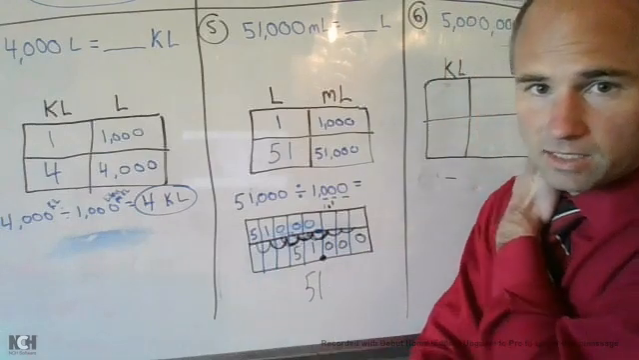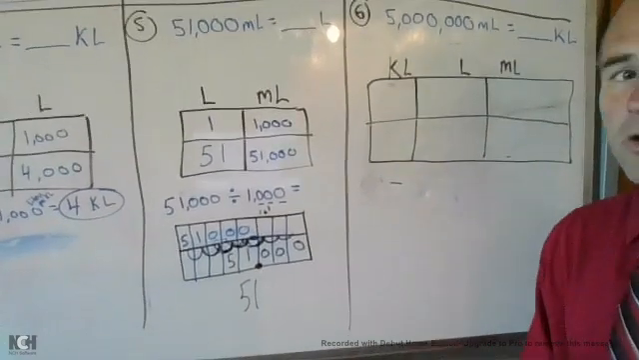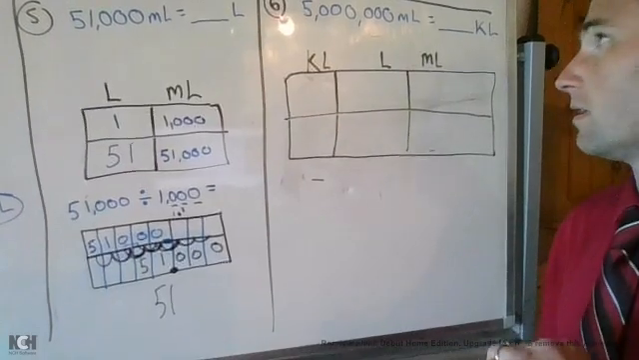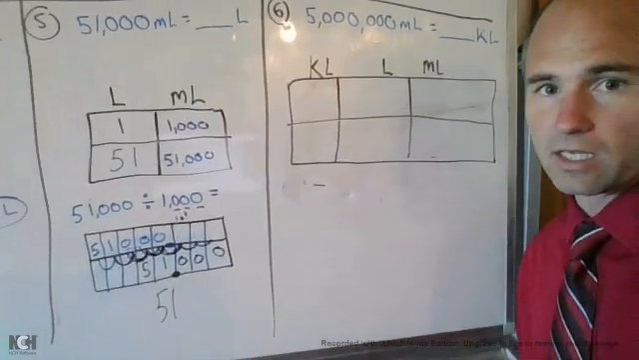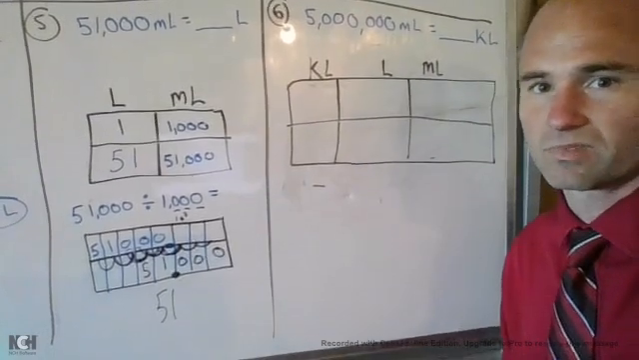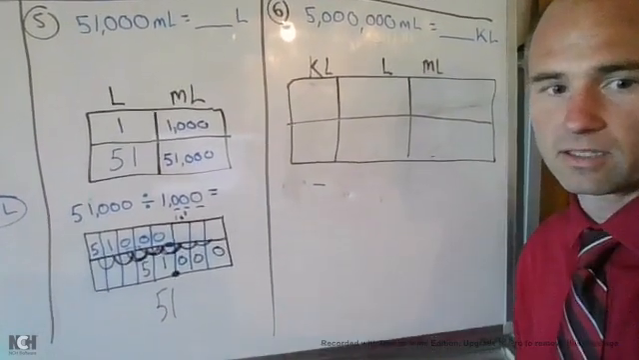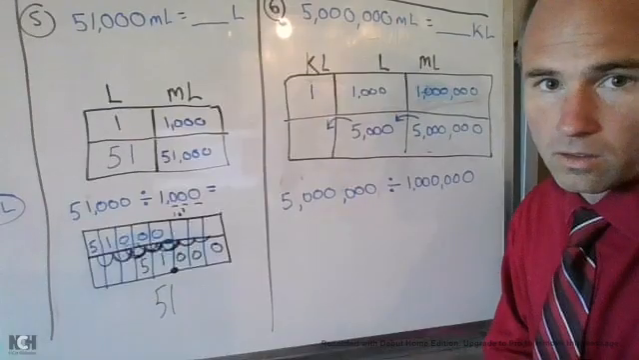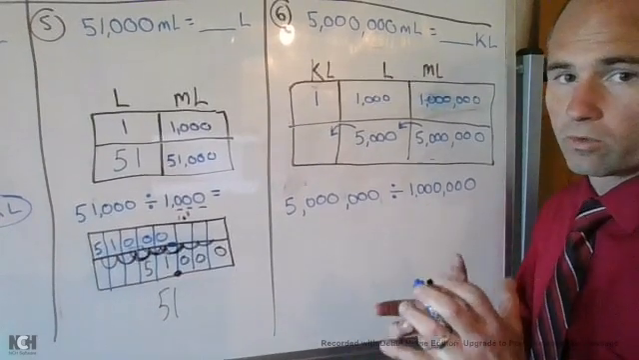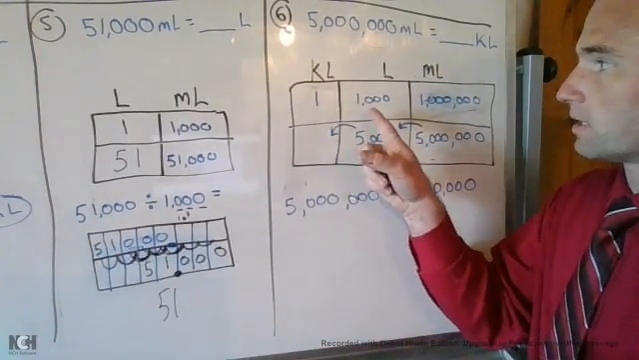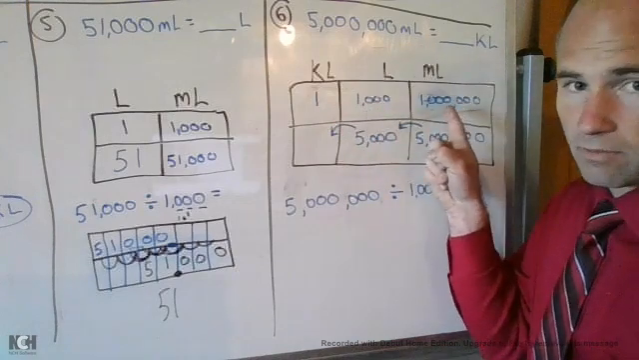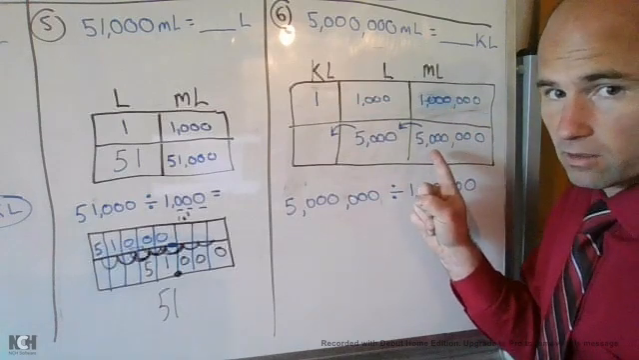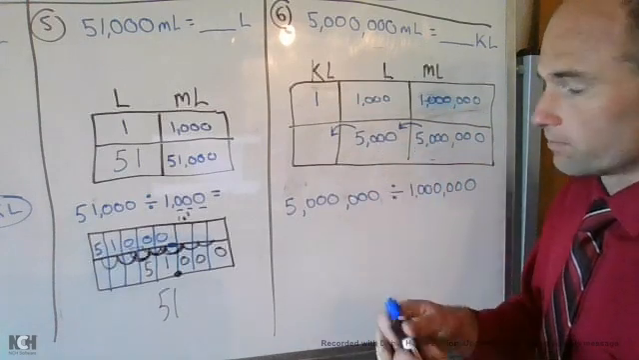All right, last but not least, number 6. You thought 51 was huge. Look at this guy. 5 million milliliters equals how many kiloliters? Go ahead, hit the pause button, and do it. All right, so we know that 1 kiloliter makes 1,000 liters, which makes 1 million milliliters. So if I have 5 million, not 1 million, but 5 million, that's going to give me 5,000 liters, also